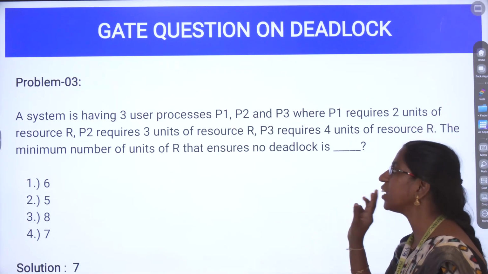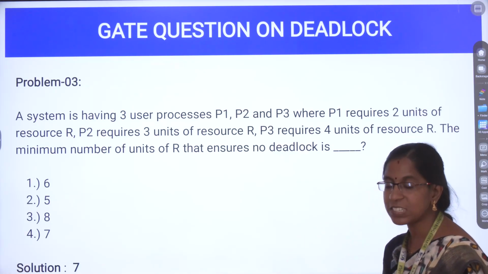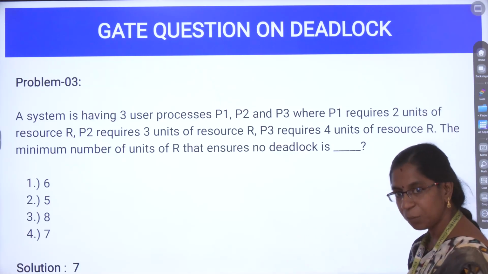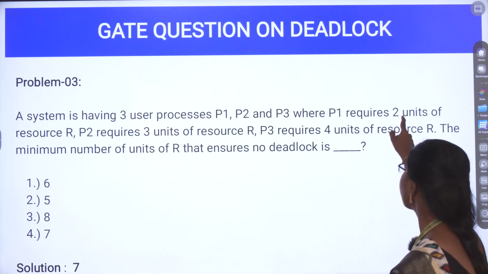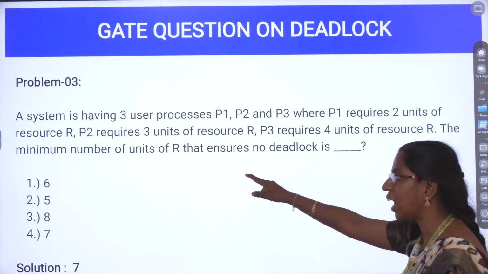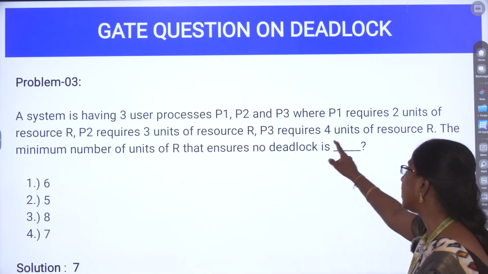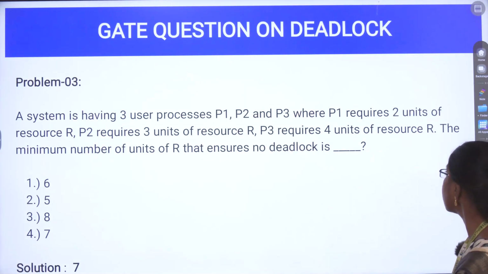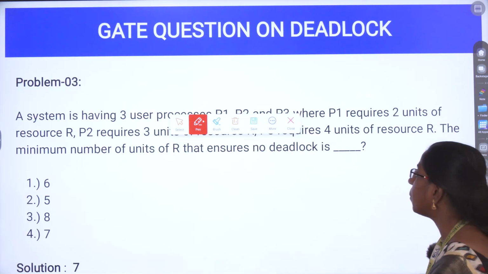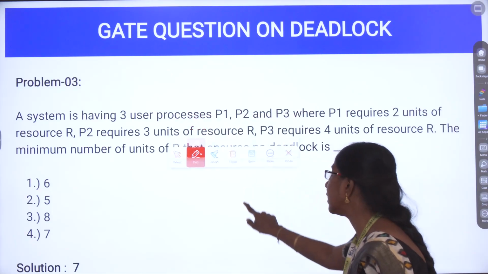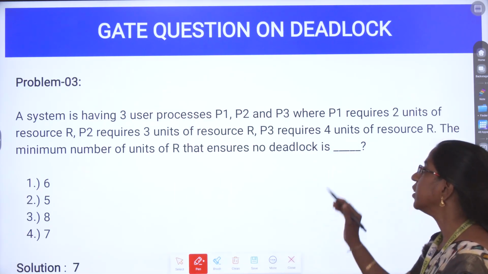A system is having 3 user processes P1, P2 and P3, where P1 requires 2 units of resource R, P2 requires 3 units of resource R, P3 requires 4 units of resource R. What is the minimum number of units of R that ensures no deadlock? So